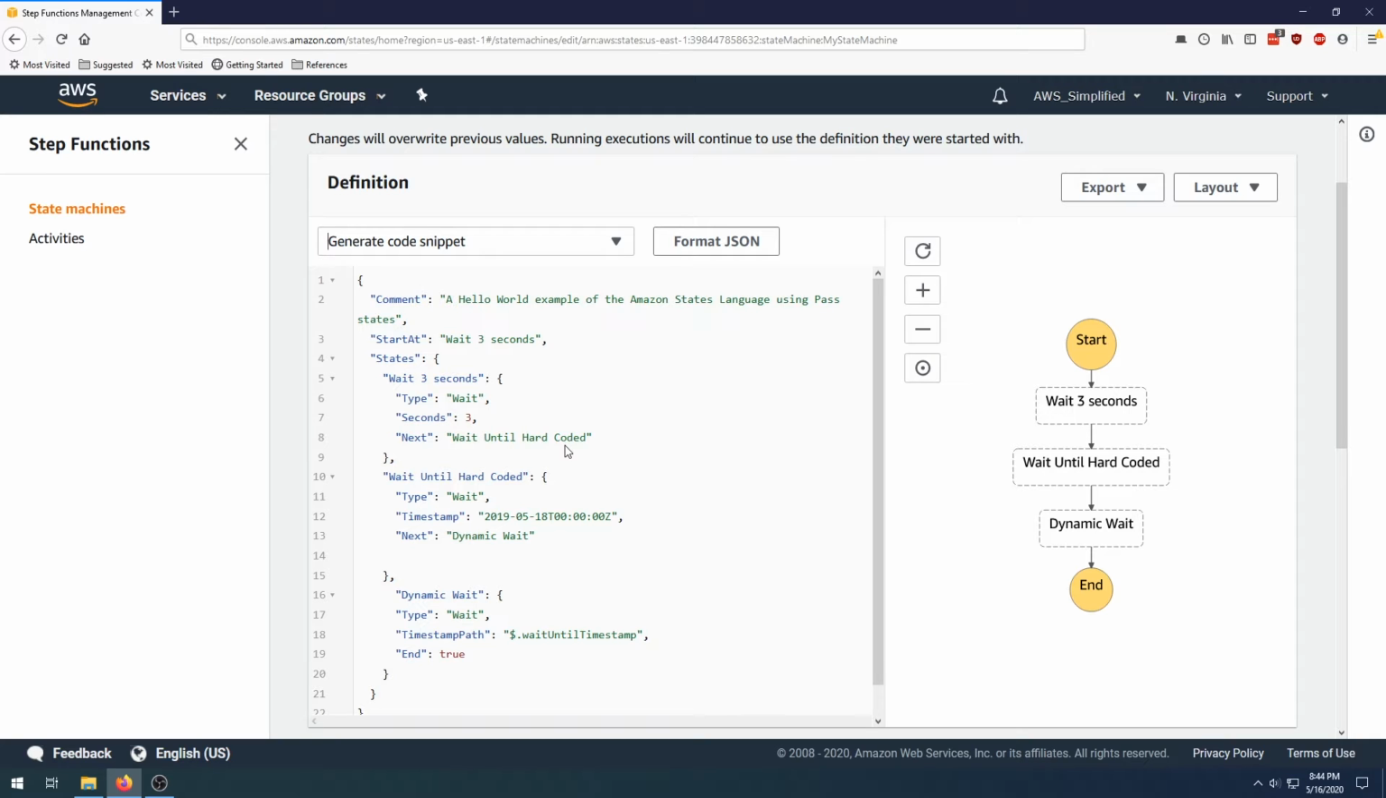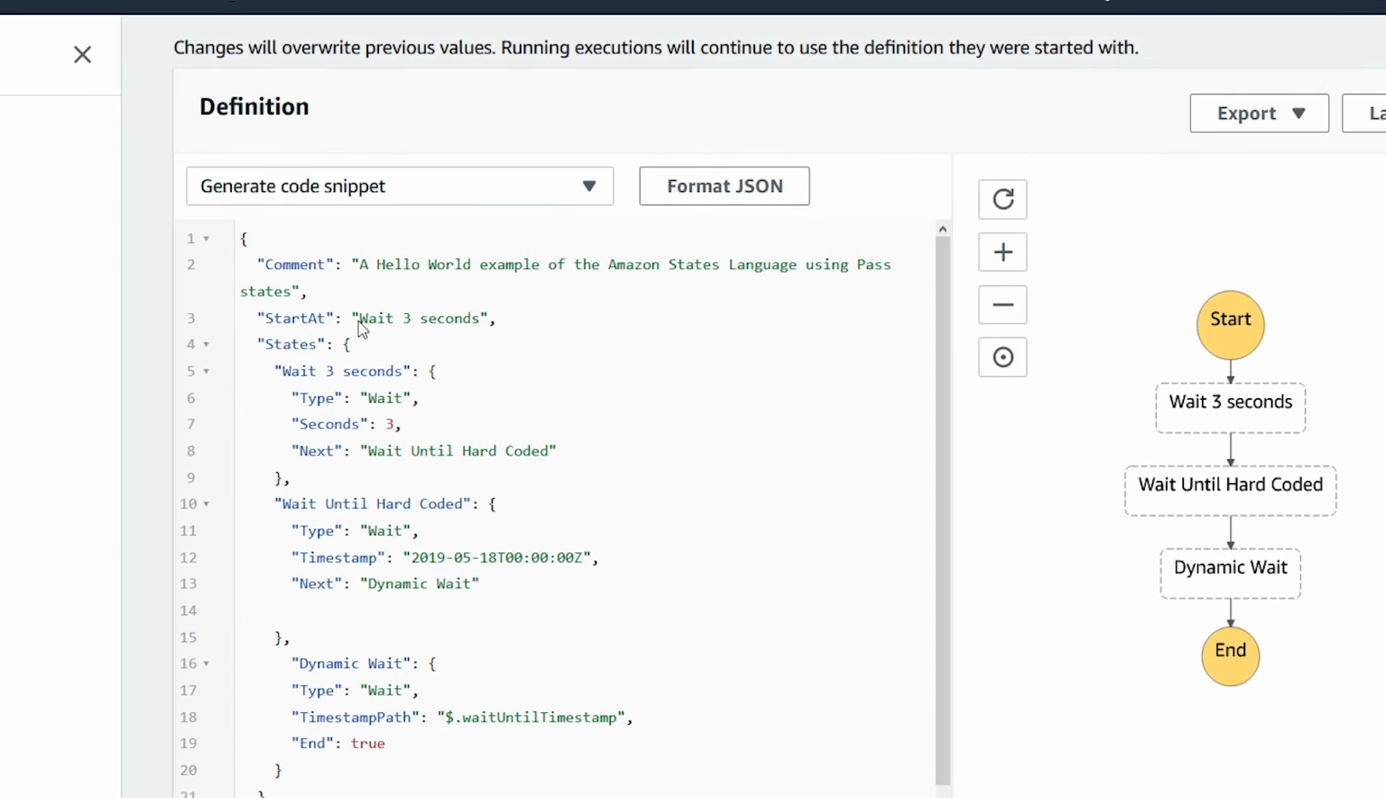So there's a couple different ways to use wait states. I have a step function example here, and I want to walk through each of the three different ways to use it. So for the first one here, we can see in this step function, we're going to start at the wait 3 seconds task. And that task is of type wait, and we're hard coding the duration here to 3 seconds. So this will do what you would expect. It will make your step function pause for 3 seconds before moving on to the next one,